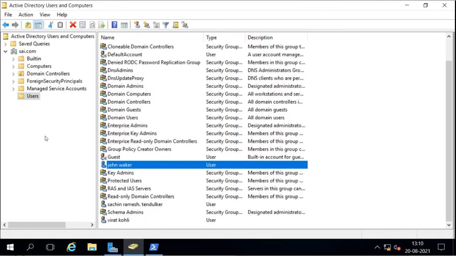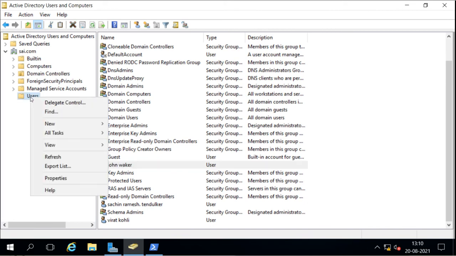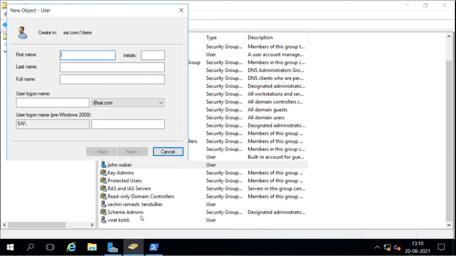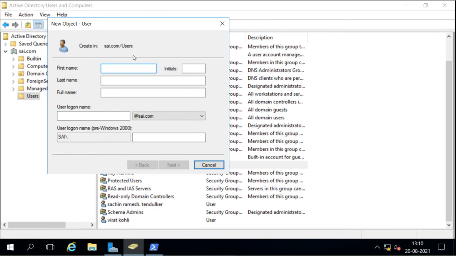Now for creating the template, we will do what? Right click, select new, and we'll create it like a normal user. We'll go on to select the user account, and then I will give the login name, and I will start the name from underscore. Now when I start it from the underscore, that means our machine will understand that I want to create the template.